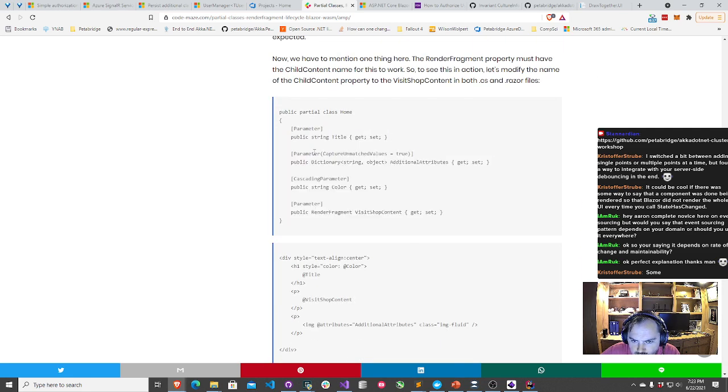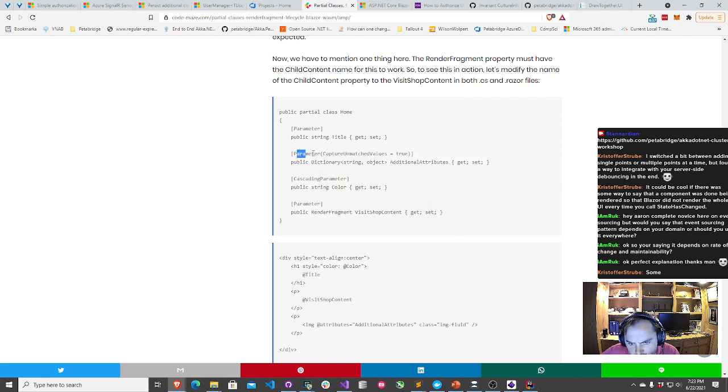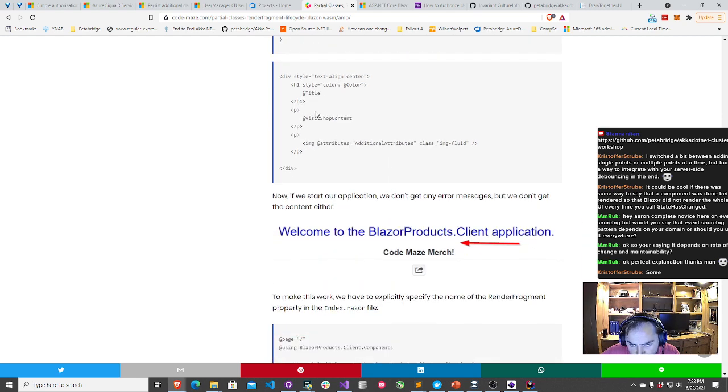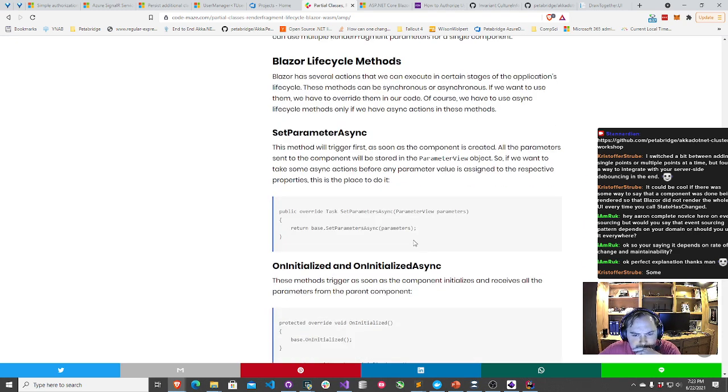Render attributes, capture unmatched values, parameter color, parameter visit shop content. Okay.